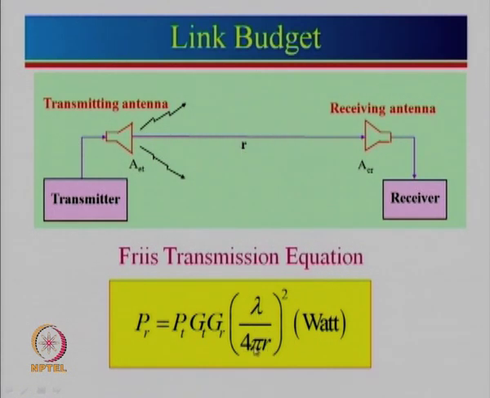That means, if the distance is increased by 10 times, then the power received will be reduced by 100 times, or if the distance is doubled, then the power received will reduce by 4 times. So, this is a very important equation to design any given system. In fact, in all satellite communication, they look at how much power should be transmitted, what will be the attenuation through the path, and many a times when we design a link budget, we always plan for a minimum 10 dB gain margin.